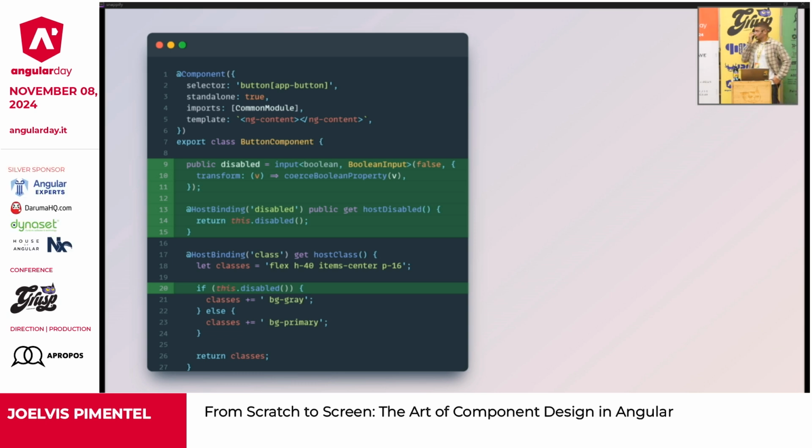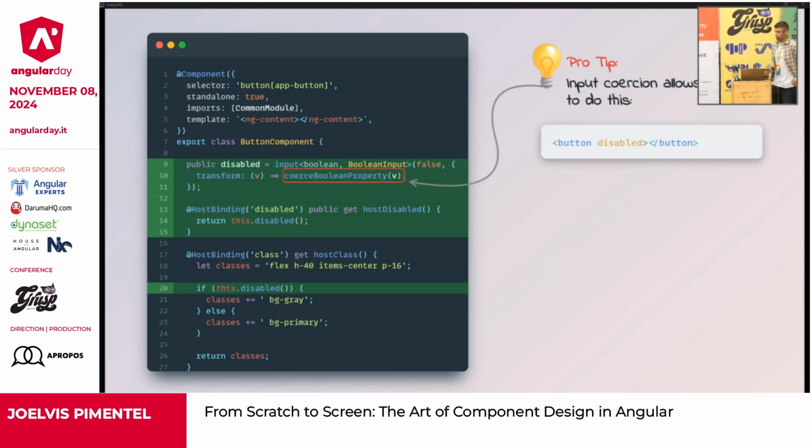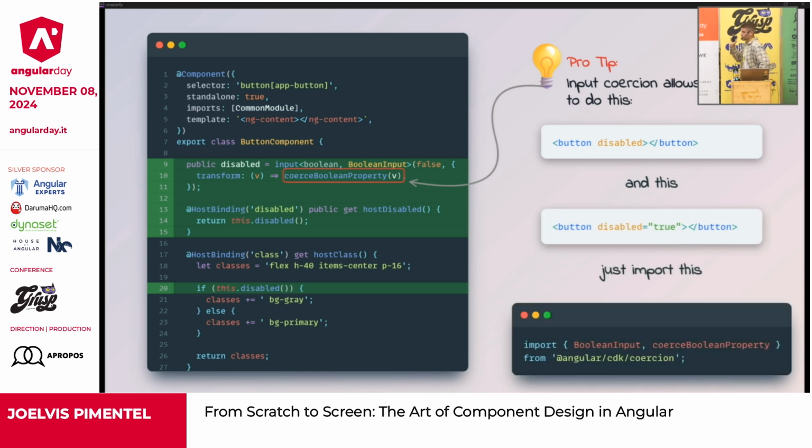So some of you might have noticed that I'm using a weird function here that is called coerce Boolean property. I want to clarify that this function is optional, but it is a real cool function that is provided by Angular CDK that basically allows developers to use this input like a native input.